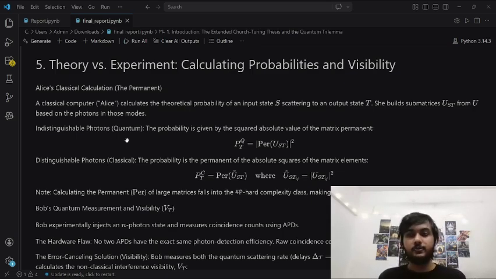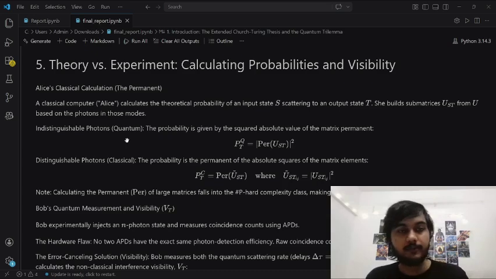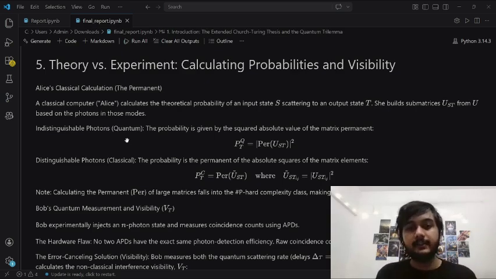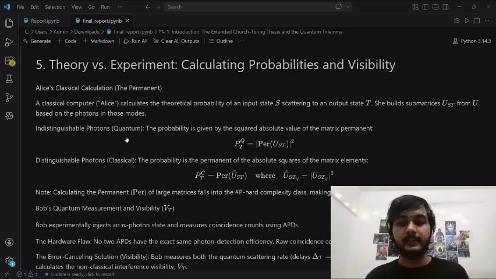So he was basically building the U_ST matrix from U based on the photons in those modes. Now we will see basically how the quantum indistinguishable photons give us the result and how the classical part gives us the result. So basically, when we are using the quantum part, we are in the coherence length region. Then we will take first the